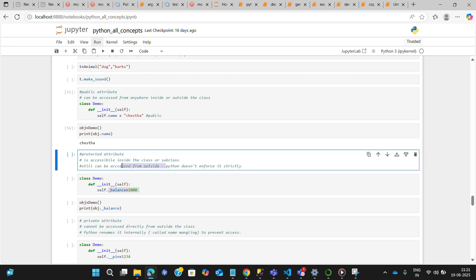A private attribute cannot be accessed outside the class directly.